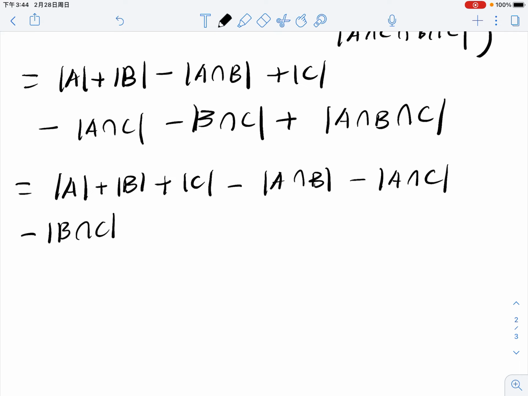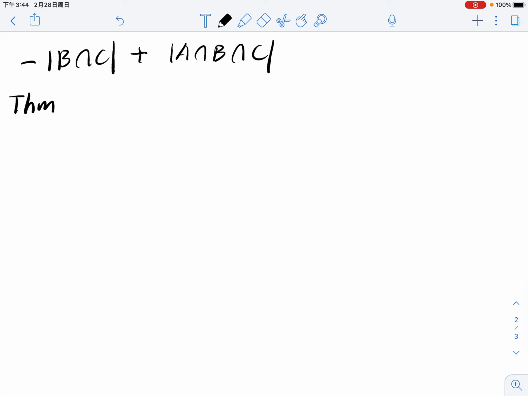So we will see it's actually quite symmetric. For a single set, you always take absolute value and then sum them up. And for intersection of two sets, you take the cardinality and give it a minus sign. And then for the whole intersection of three sets, you have plus sign again. Okay, if you understand these two examples, then we can write down the result